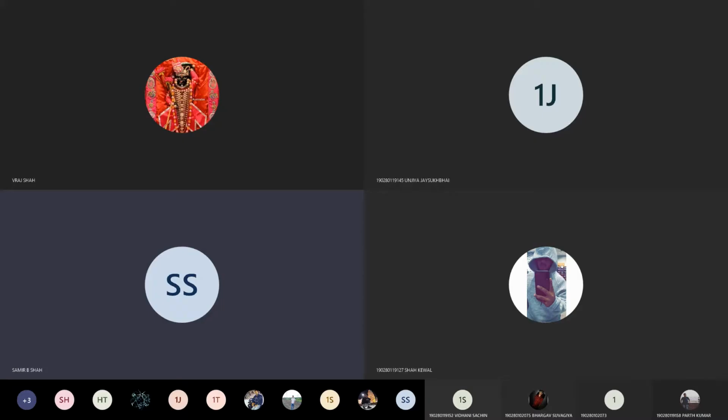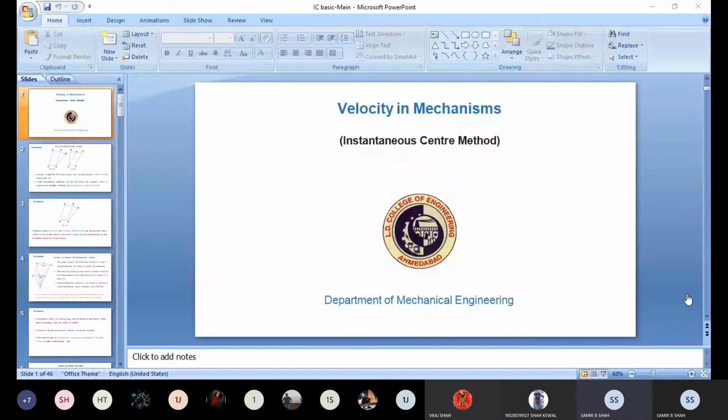Velocity in mechanism, where the instantaneous center method is used in today's lecture. As we know very well,